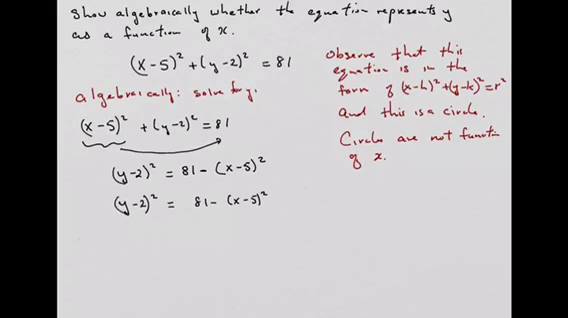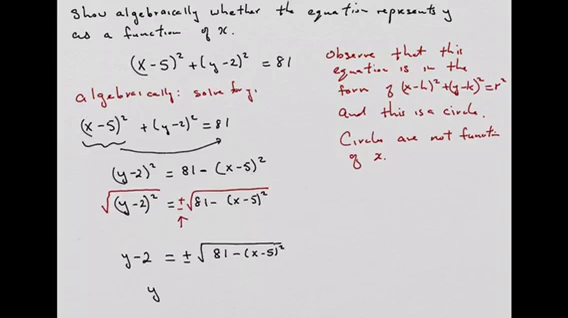If we take the square root of both sides, that gives a plus or minus on the other side, and right here you will see that this is a problem. We're left with y minus 2 equal to plus or minus the square root of 81 minus x minus 5 quantity squared. You can stop here, or you can say that y is equal to plus or minus the square root of 81 minus x minus 5 quantity squared, plus 2. And here you will say this is not a function of x,